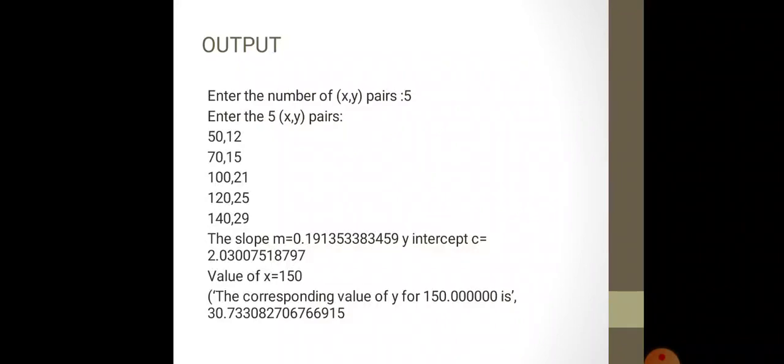So we get the output like this. So enter the number of xy pairs, that is 5, and enter the 5 xy pairs. So we get the force and the load. We have the force and the load, that is 50, 12, 70, 50, that's the pairs, that is 100, 21, 120, 25, 140, 29. So the corresponding slope of that equation, that is m equal to